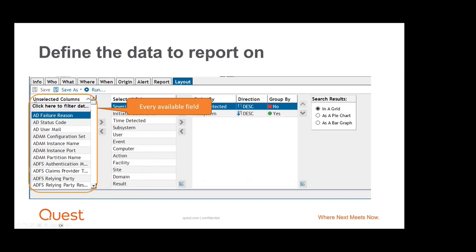In the layout tab on selected columns, this is every single field that we grab when we're grabbing events. Some of these will be blank because they don't apply to the particular event you're doing. Some of them will have additional information. You can search in here. This is a hint for everybody as well: if you don't know the column that you are looking for, what you can do is, instead of just adding them over, so right now, if I go back one here,